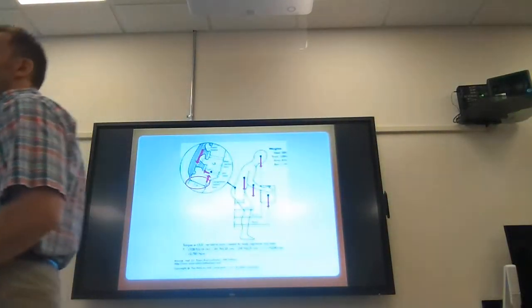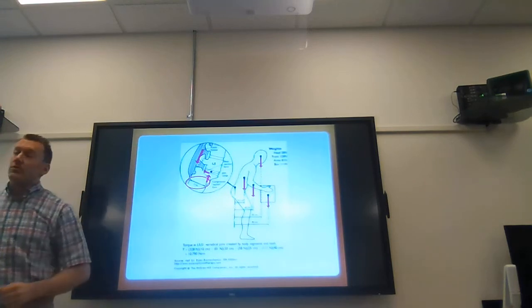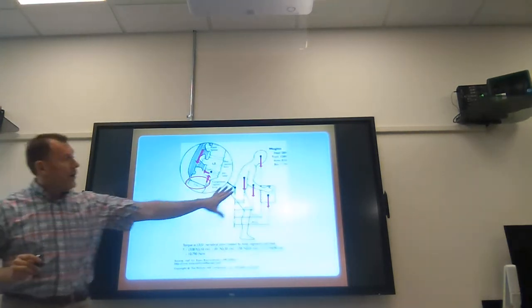Has to be a lot of force. Is it any wonder that 4 out of every 5 people will have low back problems at some point in their life? Because these muscles have a huge role in resisting all of that